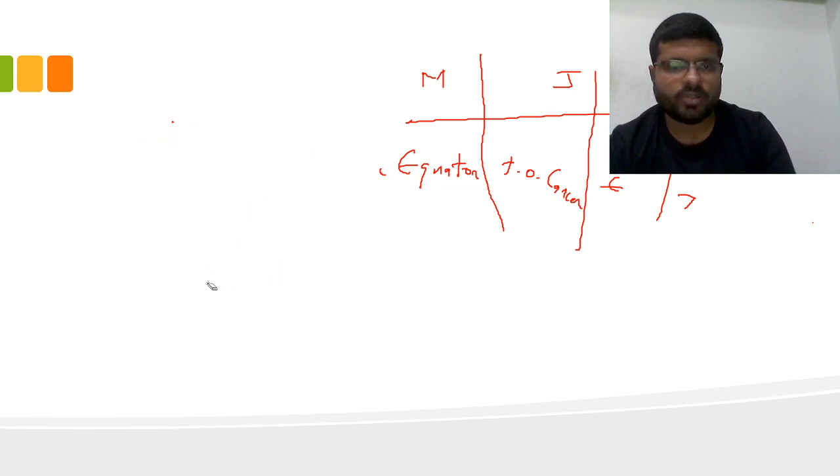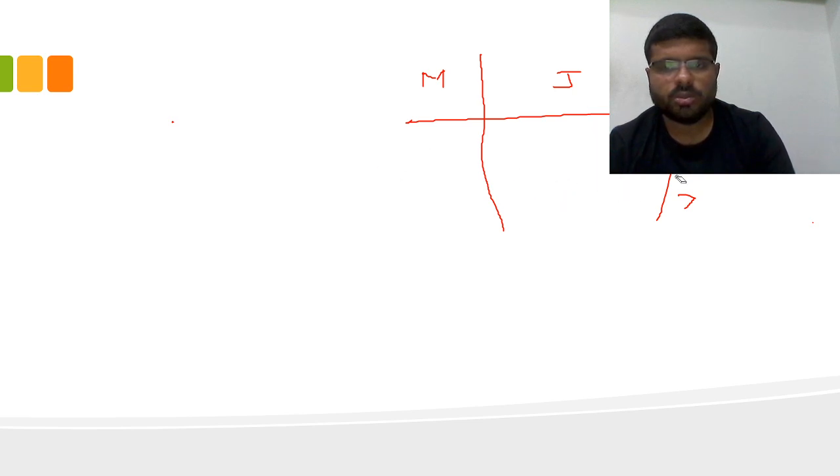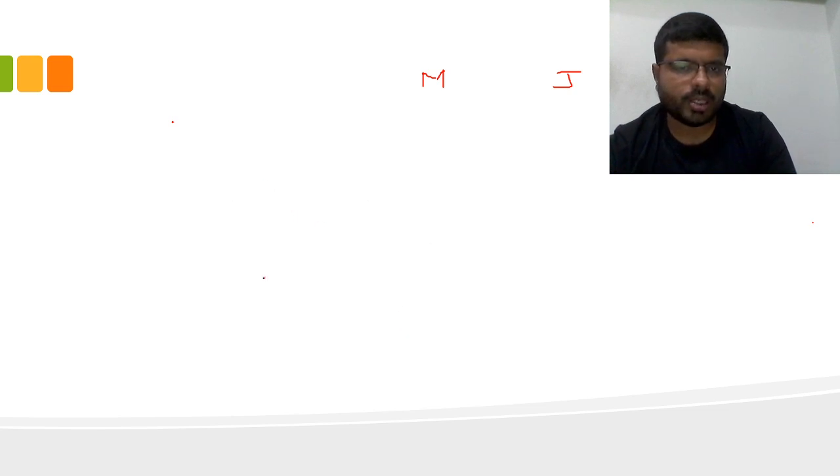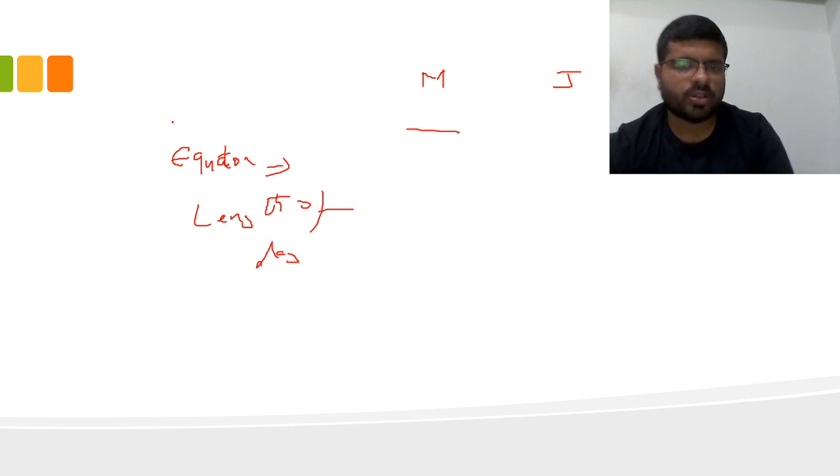So what will be the length of the day at the equator in March? Yes. So what is that? Length of the day at the equator. At the equator, what will be the length of the day? In March, what happens? Equinox month, the length of the day will be always 12 hours, right?